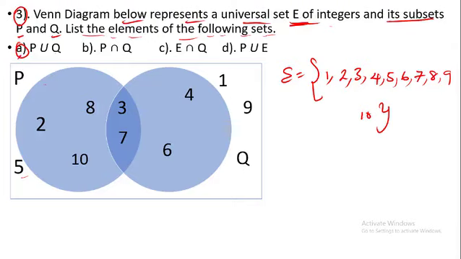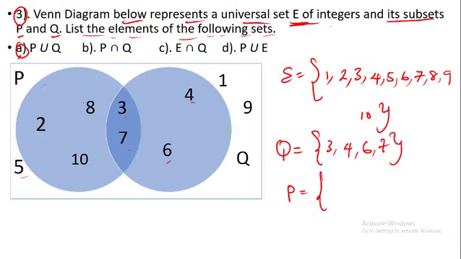P union Q. So that means we need to find our Q. Our Q are the sets inside what? Q, which includes 3, 4, 6, and what? 7. 3, 4, 6, and 7. Then we have our P to be equal to what? All the numbers here. We have 2, 3, 7, 8, and what? 10. Okay, now we are asked to find A,